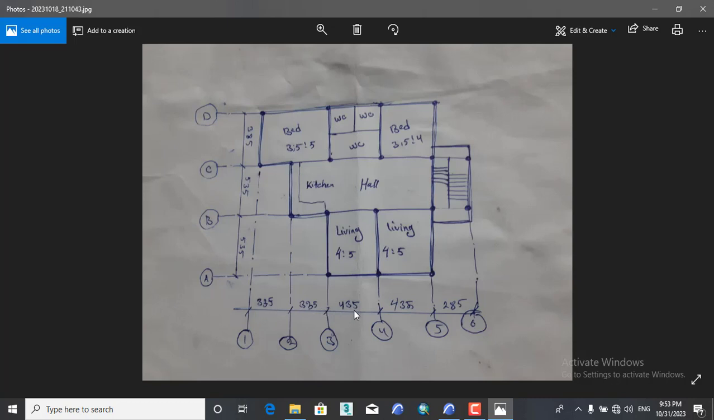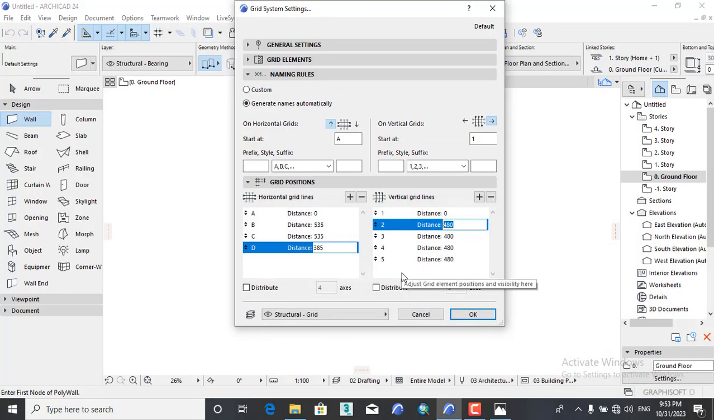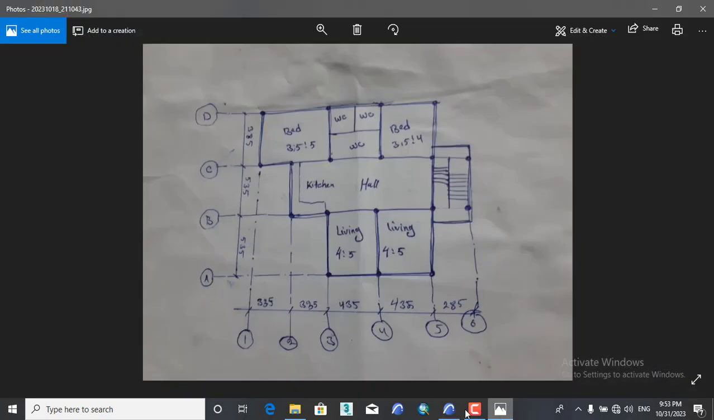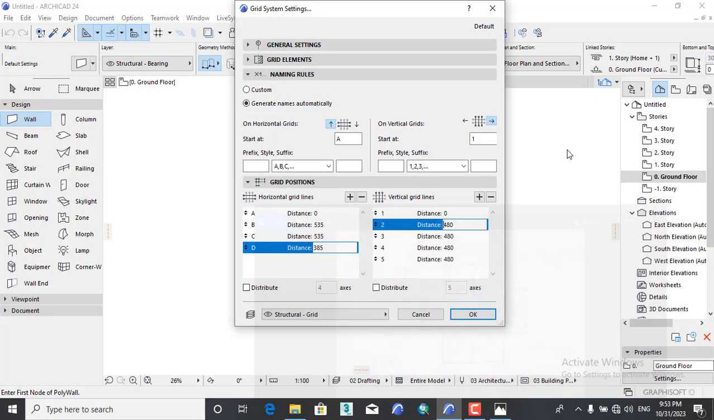So 335, 335, 435, 435. Okay, I memorized it. I'm sorry, I forgot it. 335, 335, 335 and 435, but we need another one here,